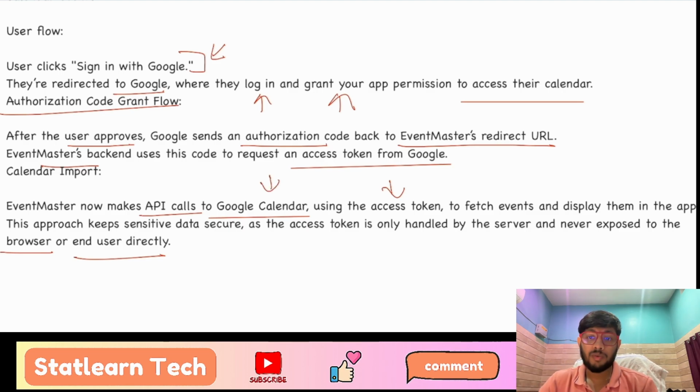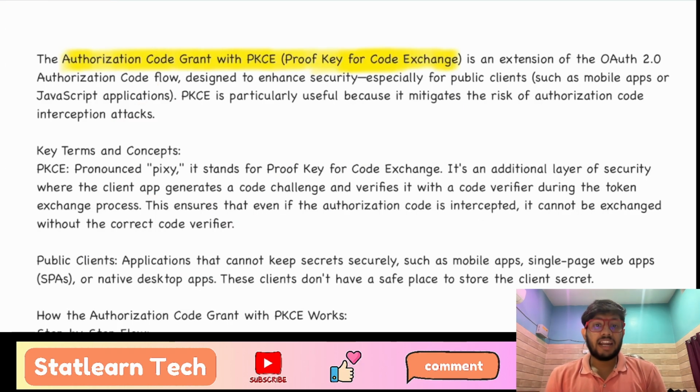Well, this is all about the authorization code grant type. Now let us talk about the second grant type, which is the authorization code grant type with PKCE. PKCE stands for Proof Key for Code Exchange, and we call it PKCE. This is very similar to the authorization code grant type. So I will explain what the main difference is between the authorization code grant type and the authorization code grant type